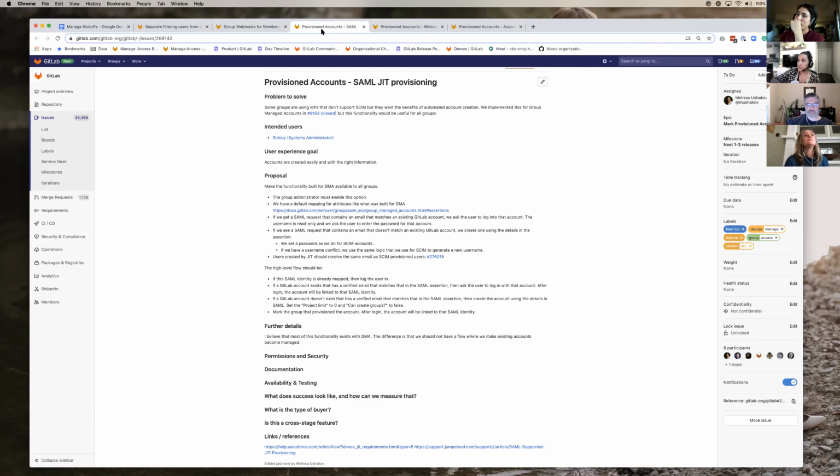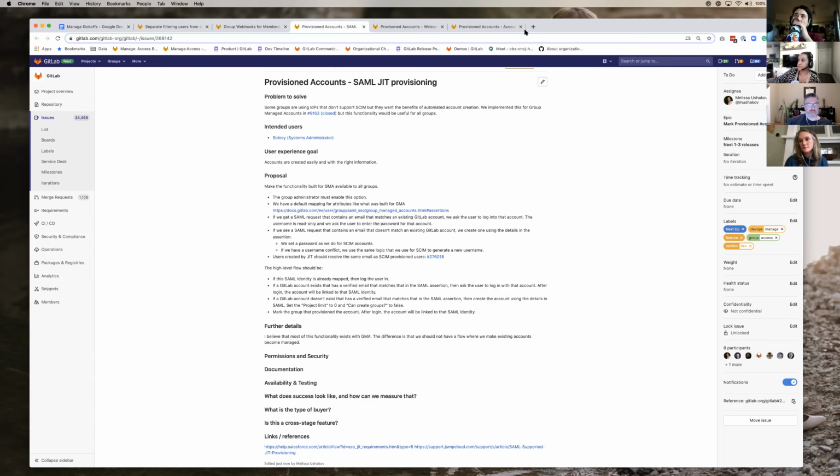So in this milestone, we're gonna take the just-in-time SAML provisioning aspects that GMA had included and make that available to all SAML-enabled groups, right? So any SAML-enabled group can basically have a way to create accounts automatically based on SAML assertions. And then we will record the context that this account was created in. So we can say this account was created in the backend, right? Because that's not something that exists today, even for SCIM provisioned accounts. We don't really know how an account was created. So we'll start recording: this account was created in the context of this group